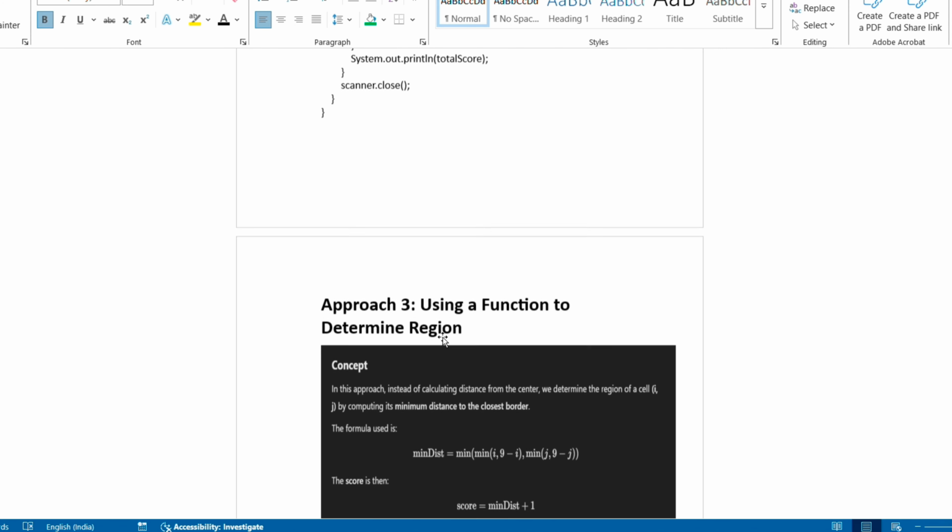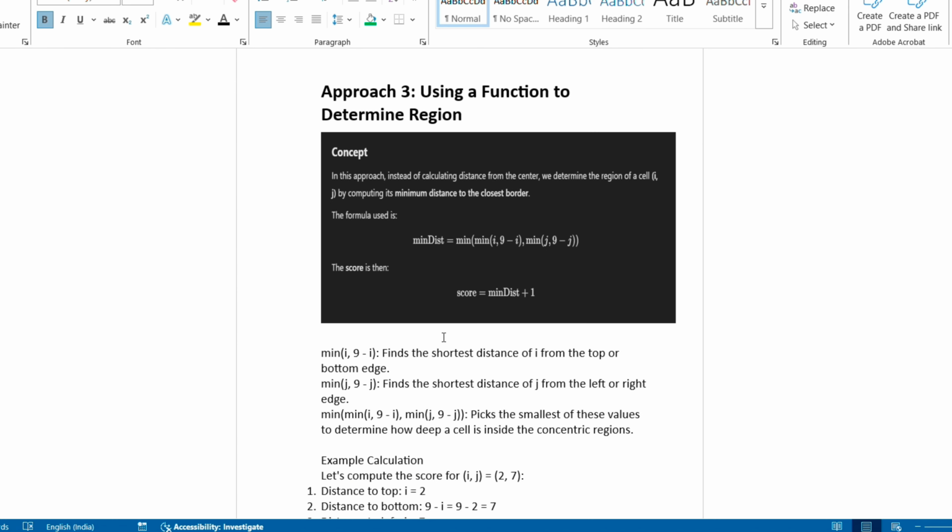So for approach 3, we will be using a function to determine the region. In approach 2, we calculated the distance from the center. Here we are reversing it. We are calculating the distance from the border. Instead of calculating from the center, we determine the region of a cell which is closest to the border. So here we will be doing min dist is equal to minimum of,